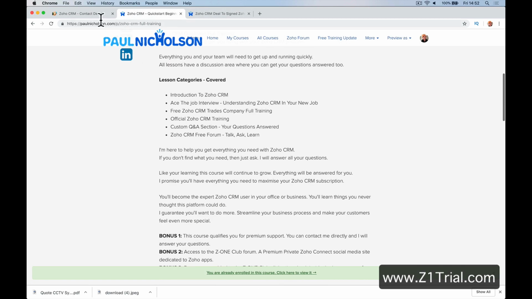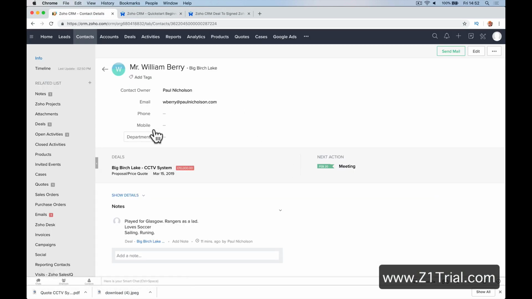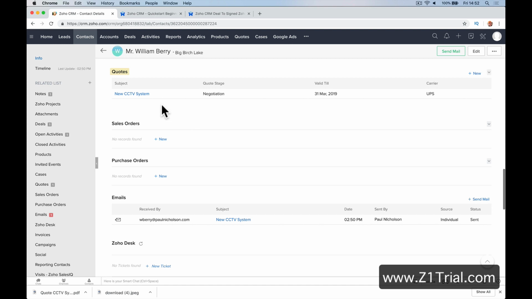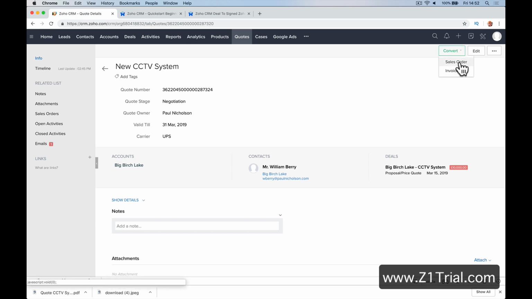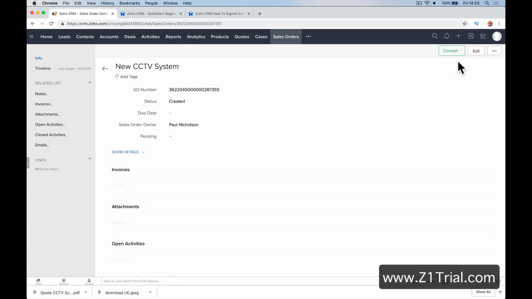But we're going to transfer or convert the quote into a sales order as the final part of this training. New CCTV system, and we're going to convert to a sales order. Obviously, I'm doing it on a CCTV installation level. If it's just a straight out purchase, then you just convert it straight to an invoice, right? We're going to go sales order,